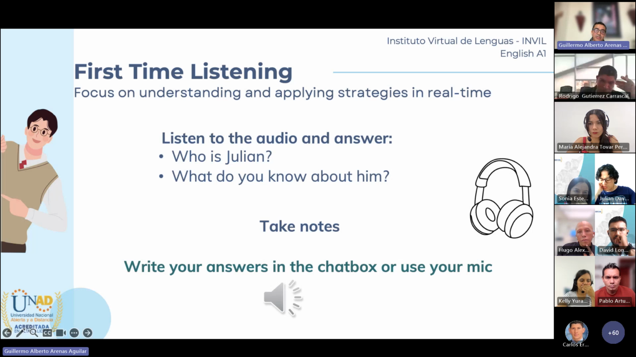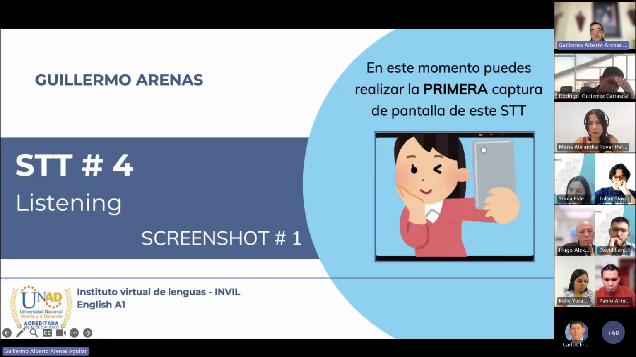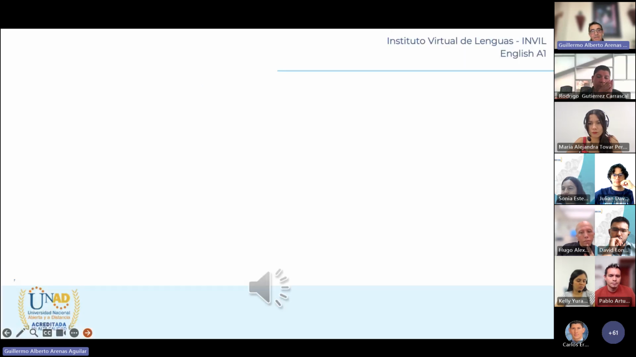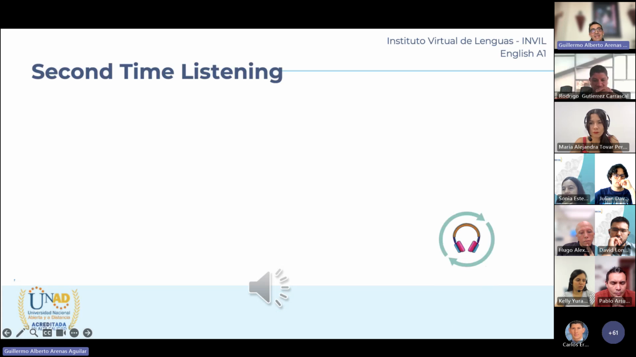Usually, when we're using these strategies, we only use three listening stages, just three. Just the first one, and the second one to get more information, which is the one that we're gonna do right now. Of course, you guys have to take the first screenshot. It's like the complete presentation for you guys to have. And then we're gonna go to the second